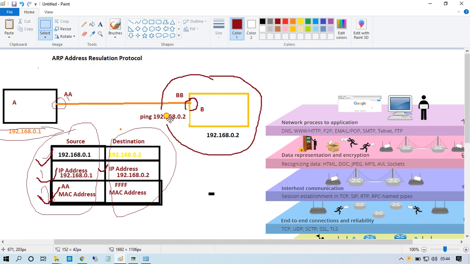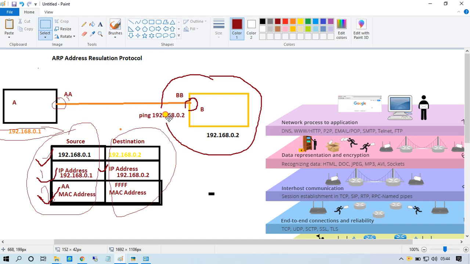The destination system is B, and it will be received by the physical Ethernet card. It may be a LAN card, a wireless LAN card, or an optical LAN card. In the normal case we are using Cat6 or an Ethernet card.